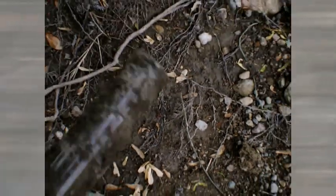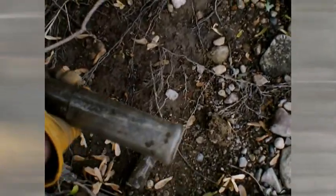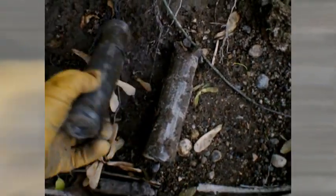And I found this one also, but it's chipped. So I'm gonna leave this one because it's just like this one. It looks like... no, this one's a little bit bigger, so maybe not. But anyway, all kinds of pieces of broken glass here. You can see there's another bottle broken, and then